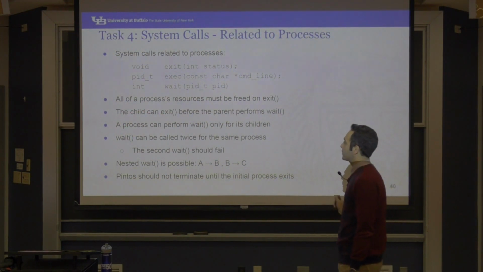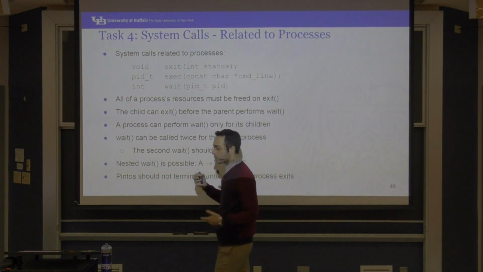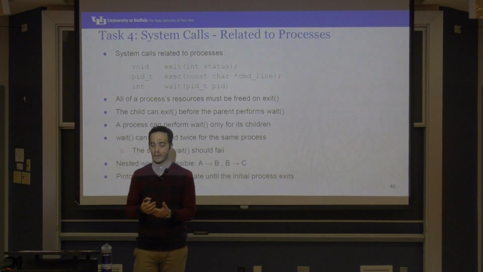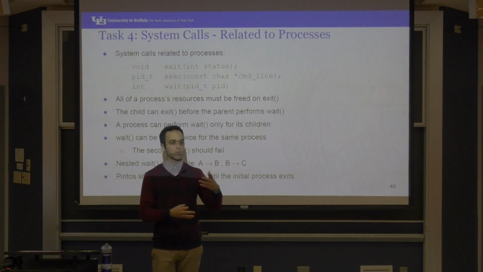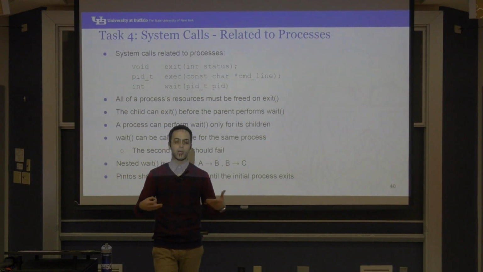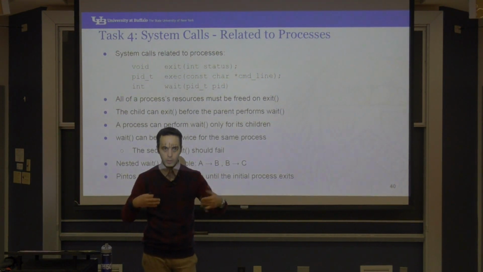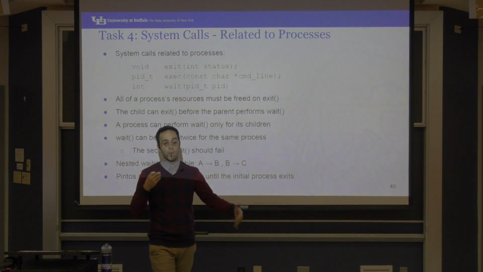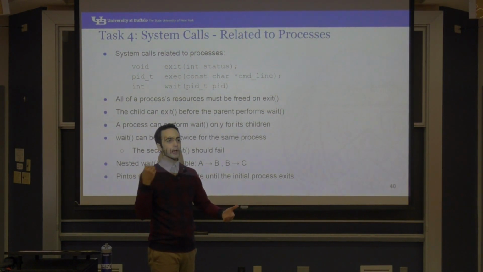A child can exit before the parent performs the wait. This is also important. So when a parent process creates a child, in the kernel you get to actually duplicate some of the information or allocate new memory for this process, and then obviously a thread will eventually be created for that process. Now, remember, a parent may or may not wait on a child, and even immediately, if